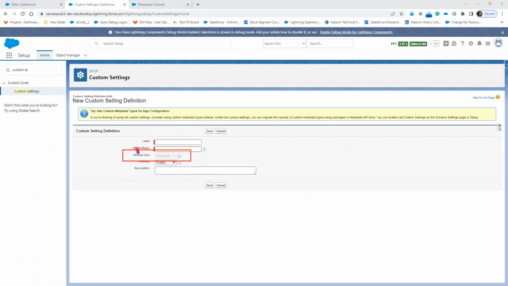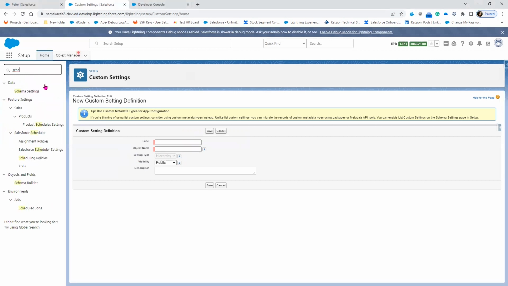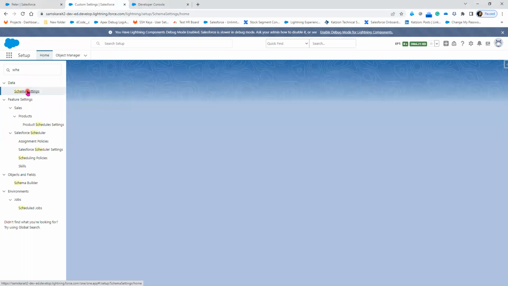Setting type is disabled. That means I cannot change this setting type to either list or hierarchy. Initially, for any organization, it will be like this. By default, Salesforce is going to disable these setting types. But if you want to enable it, go to Setup and search for schema settings. Go to the schema